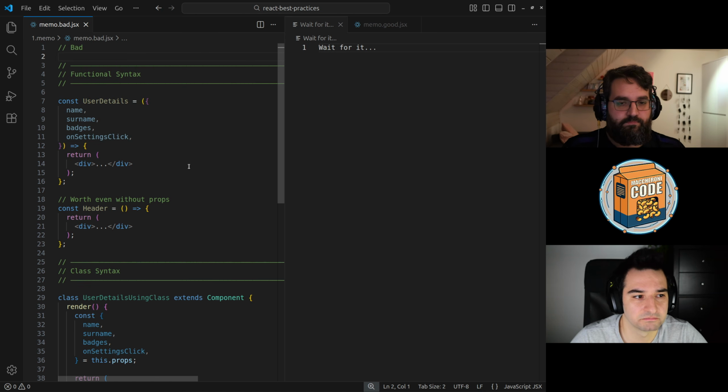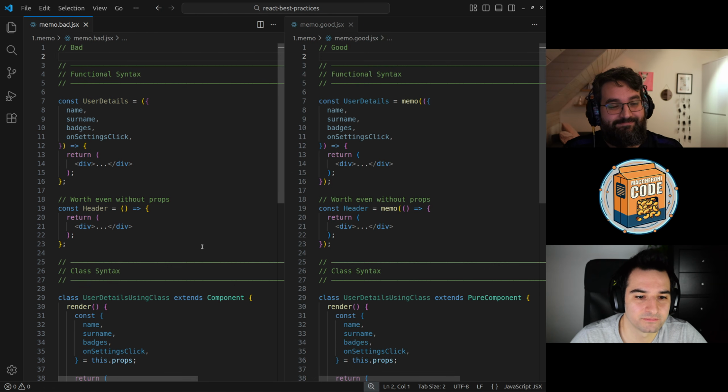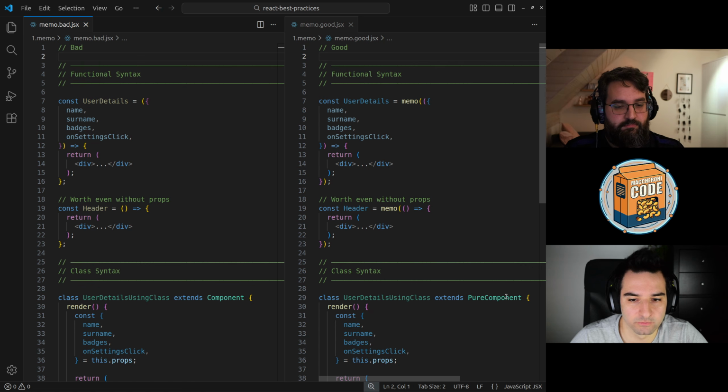And how can we solve that? We can solve it like this. In the past, you had a class component. Here is our old example. And for that component, you solved that problem using PureComponent. Nowadays, with the functional syntax, you use memo.